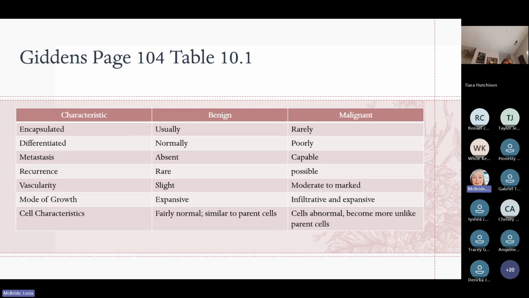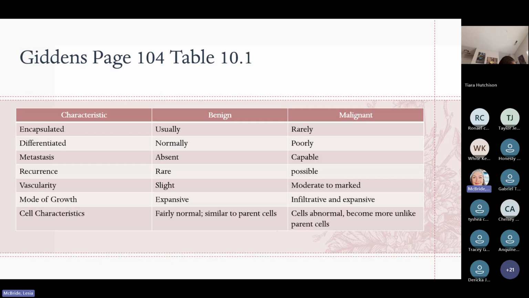Metastasis, if it's benign, it typically is not going to metastasize. It's going to stay in that same area. It doesn't go anywhere else. But if it's malignant, it is capable of moving to other areas or spreading. So it's very important during the treatment of cancer to catch the cells as quickly as we can to get rid of them or to destroy them with chemotherapy, radiation, or other types of treatment that we use, or surgically remove so that it cannot spread.